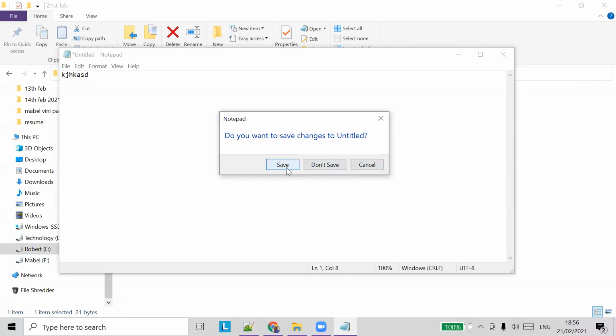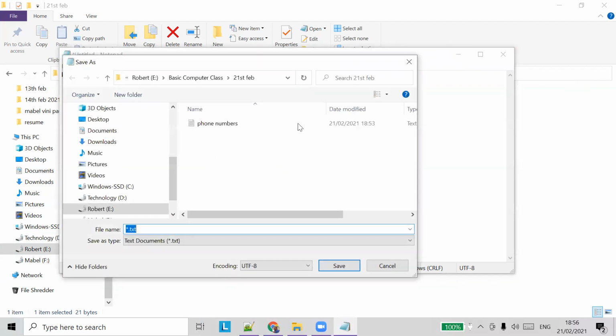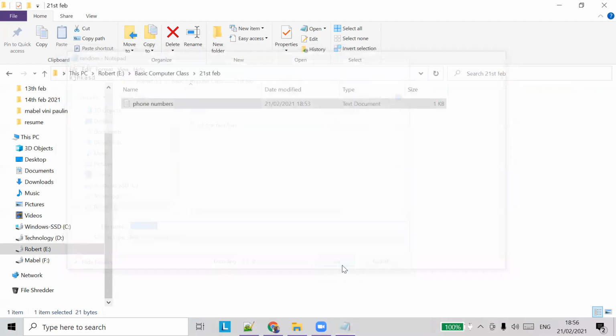Okay. So let's save this file in the same location. So it takes us to the same location, and you can see the extension of the file is auto populated. So it is automatically typed. So you don't have to type the extension. So this is a very basic file. .txt is a text document, and you can just name it random. So it doesn't have information. So now you save it.